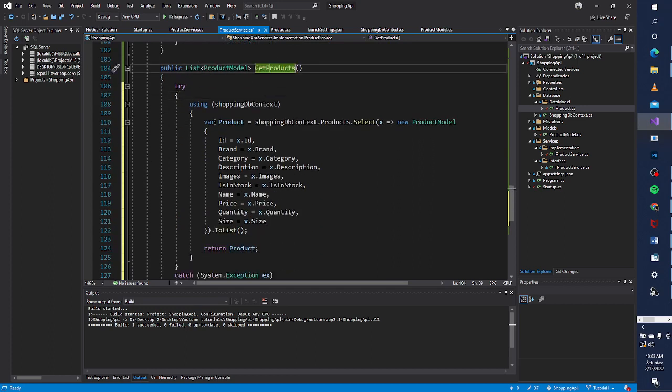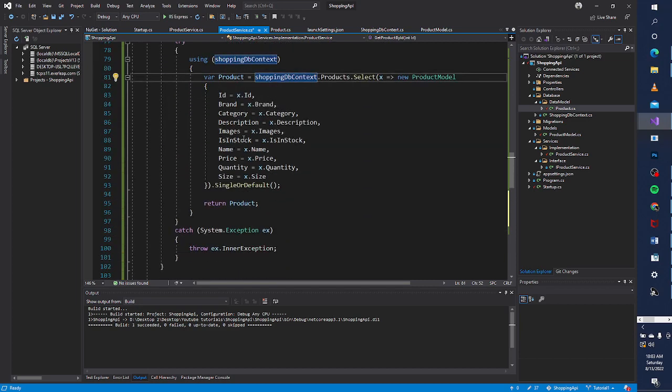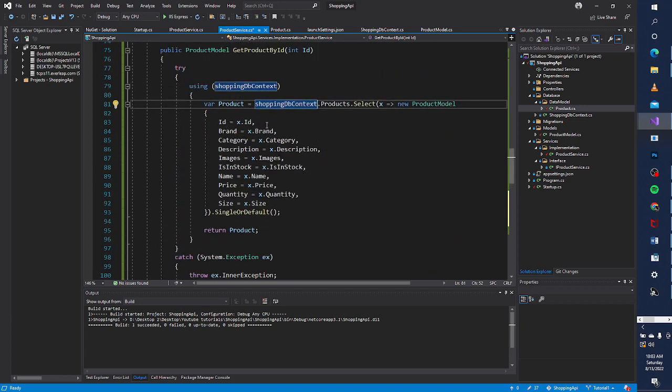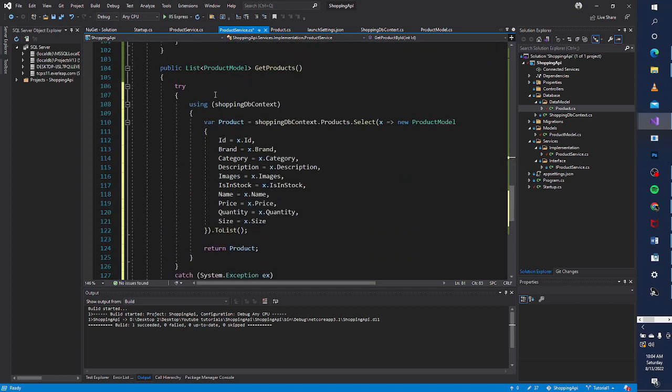Get product list will do the same thing that we were doing on get product by ID, but now, oh yeah, we missed something on get product by ID. In here we want to filter with the ID, so we need to specify a condition where p into p for product dot ID equals ID, and then